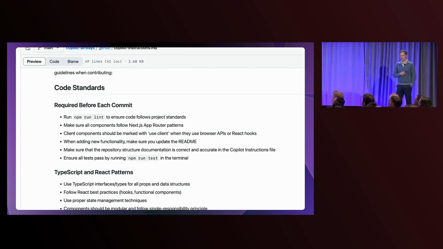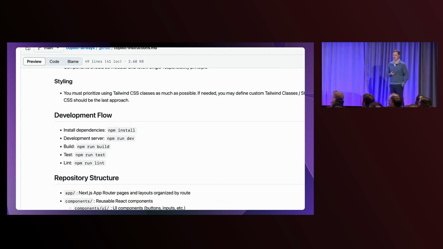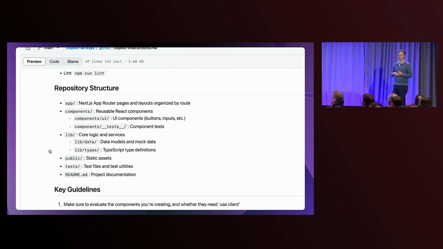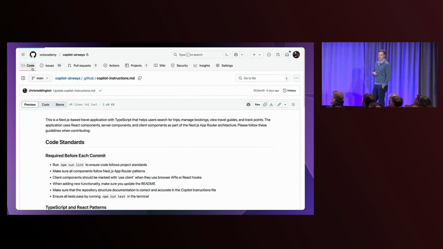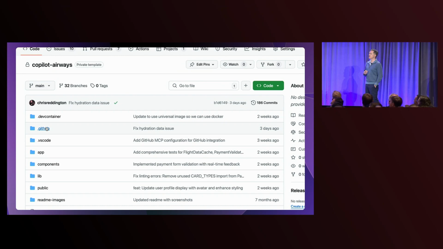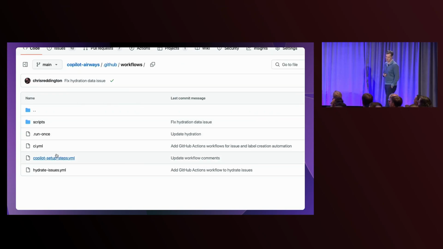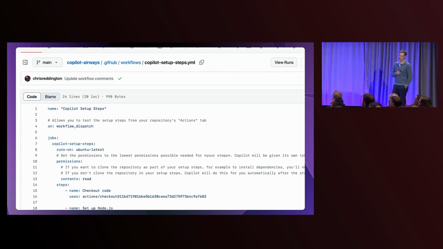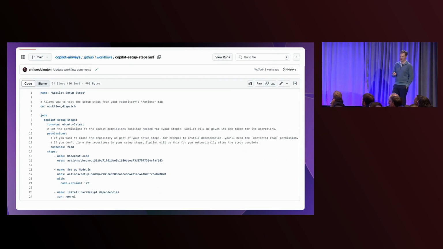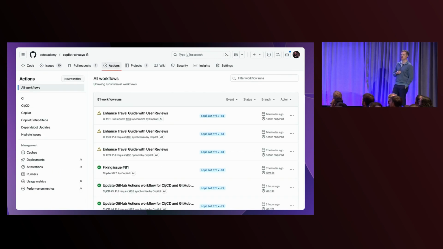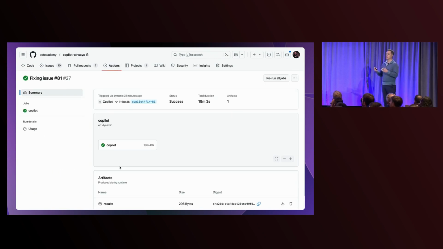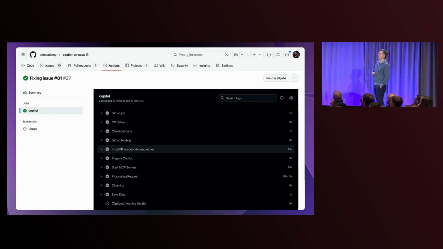We also here add a fairly detailed Copilot instructions.md. We talk about the style guidelines we want it to fulfill. We give it an upfront understanding of the base structure. We give it all the information that a developer might need to be productive in this environment. And then we give it some Copilot setup steps. So a little bit of YAML to describe what version of Node we want and to run npm CI before it gets started. So the environment is set up and ready to go for a productive developer right away.